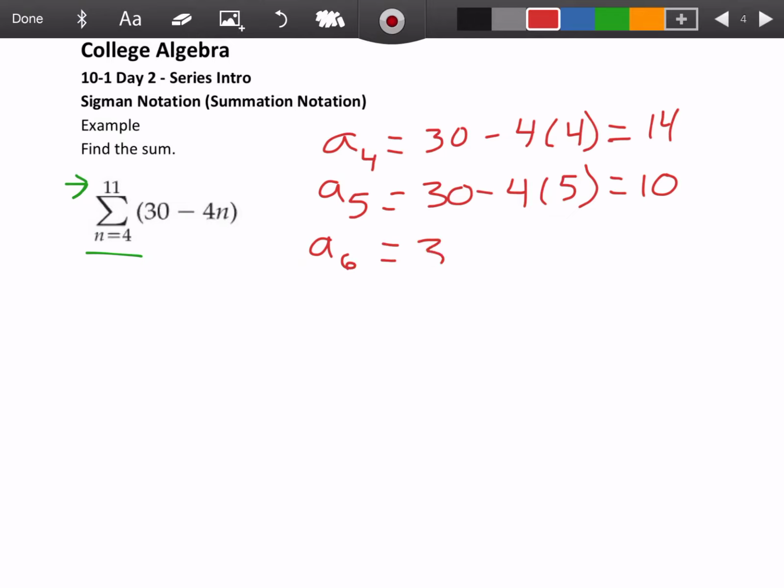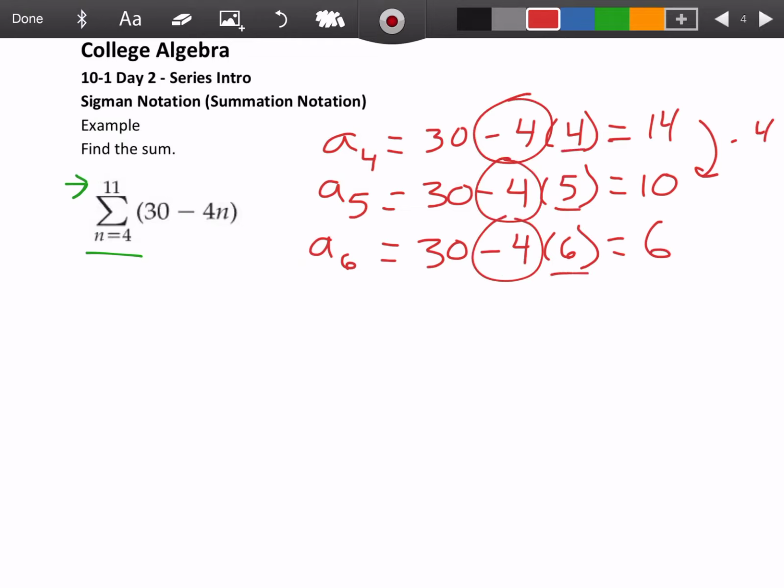A6, 4 times 6. 30 minus 24, that would be 6. So hopefully you can see that we are subtracting 4 each time, which makes sense because we're subtracting just another 4 each time. And so really we could keep going, but I can just go A7, A8, A9, A10, A11, and I could just come over here and say, okay, well this is going to be 2,